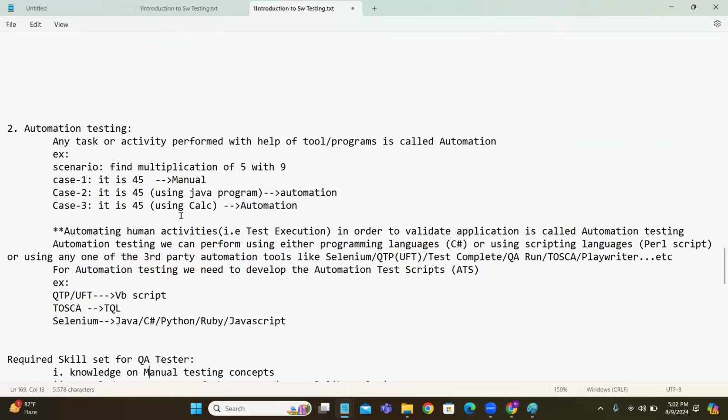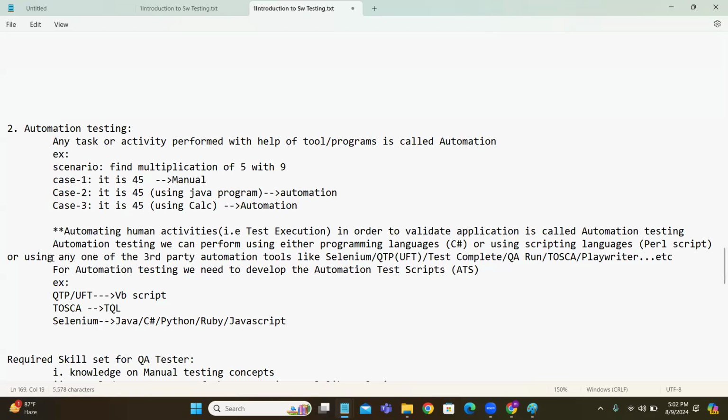Or if I use a calculator to find the value, 45. But here, the first one is only manual, the remaining come under automation. In such a way, automating human activities in order to validate the application